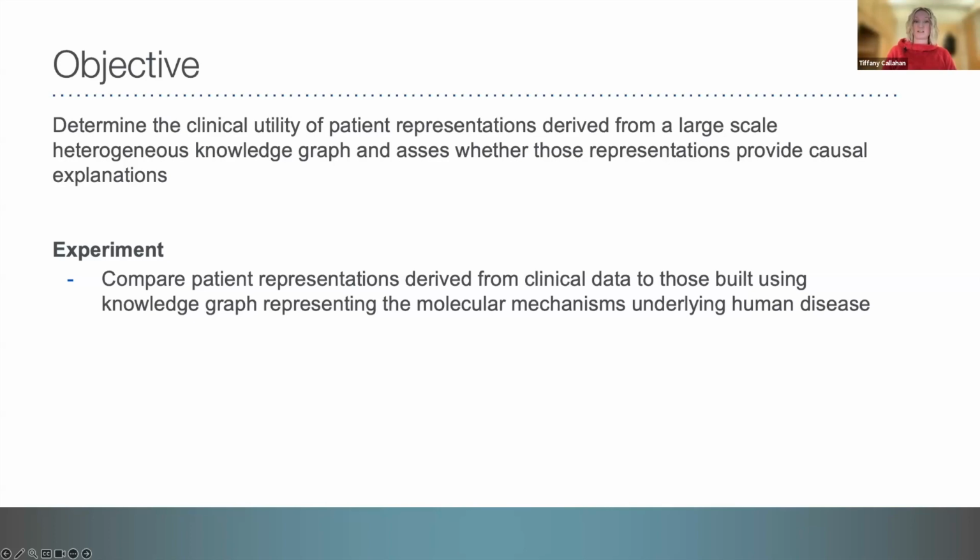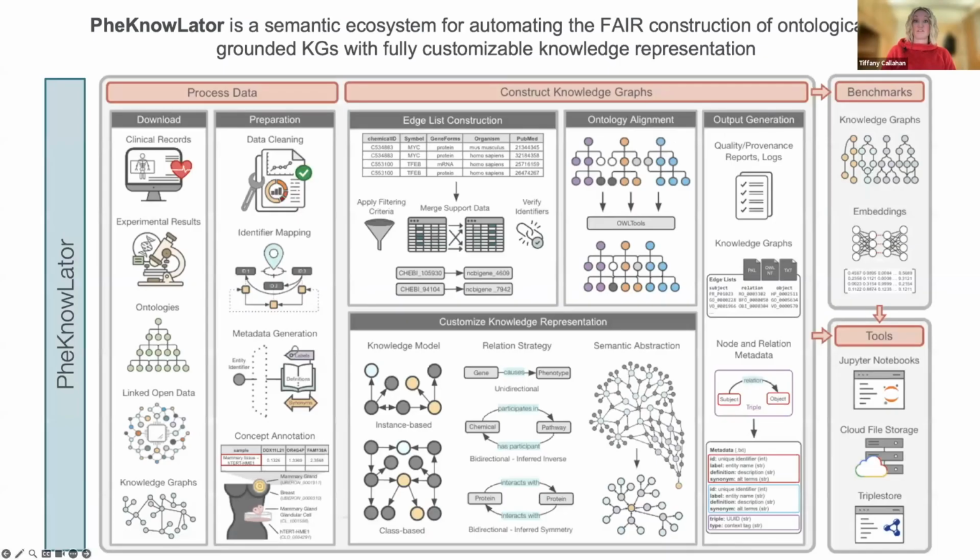So before diving into these results, I want to introduce you to two resources that we had to build in order to conduct these studies. The first one we call PheKnowLator, which I really like the name of because it reminds me of the candy Now and Later, but it actually has a meaningful name. It stands for Phenotype Knowledge Translator. And what it is, is a semantic ecosystem for automating the FAIR construction of ontologically grounded knowledge graphs with fully customizable